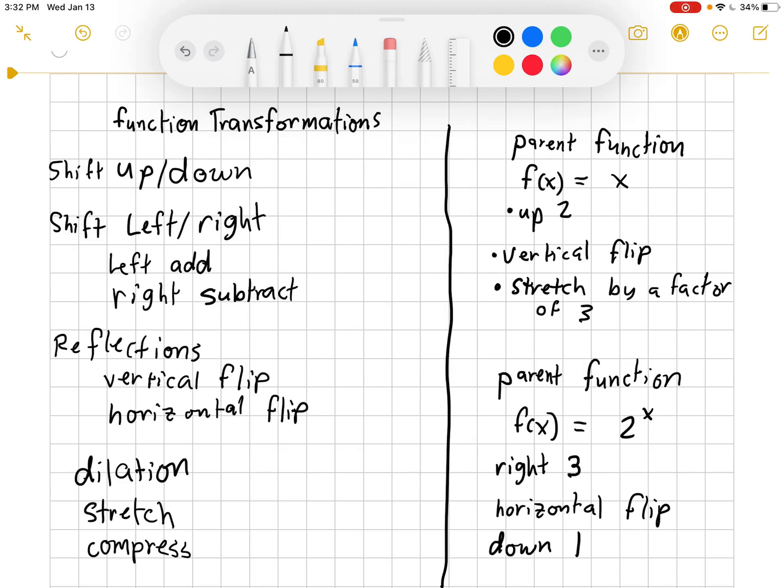Today we're going to take all of the different function transformations we've talked about in the last couple of days, and we're going to put them all together today. So over on the left, I've listed out every single kind of transformation that we currently know about. And in red, I'm going to go through and list what we have to do to the function to make